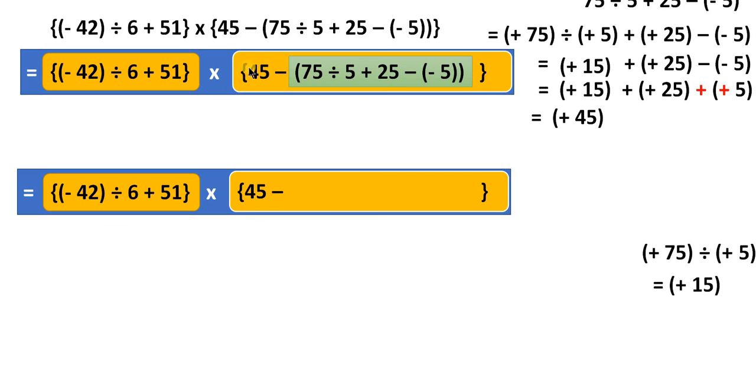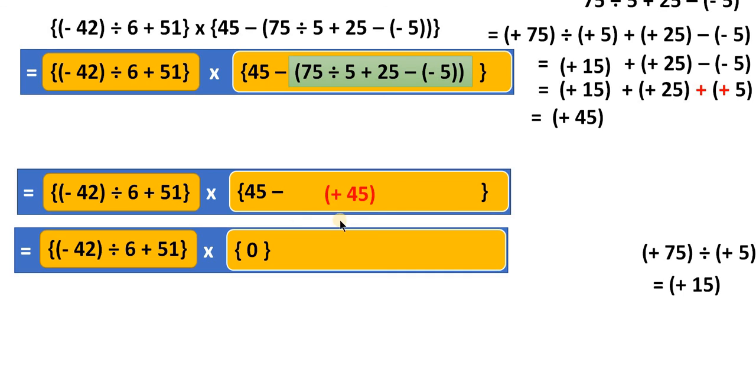So in the next step, all the other things are carried forward as it is, and this one simplified positive 45 comes down here like this. So 45 minus positive 45. So it is simply, you will have to do this one simply. You need not go for this. You simplify this, it becomes 0.